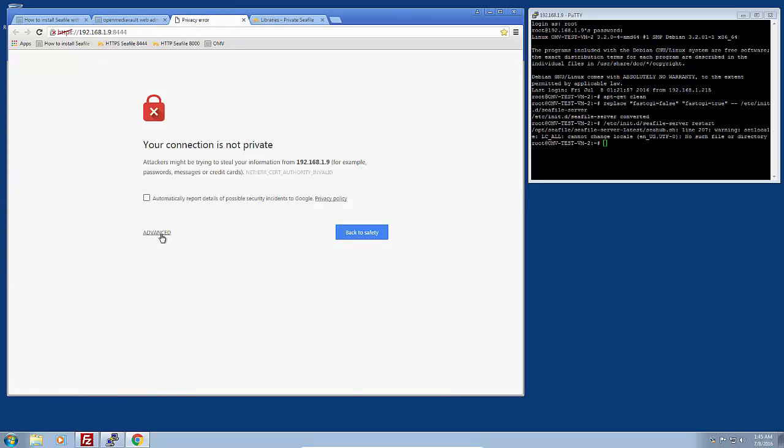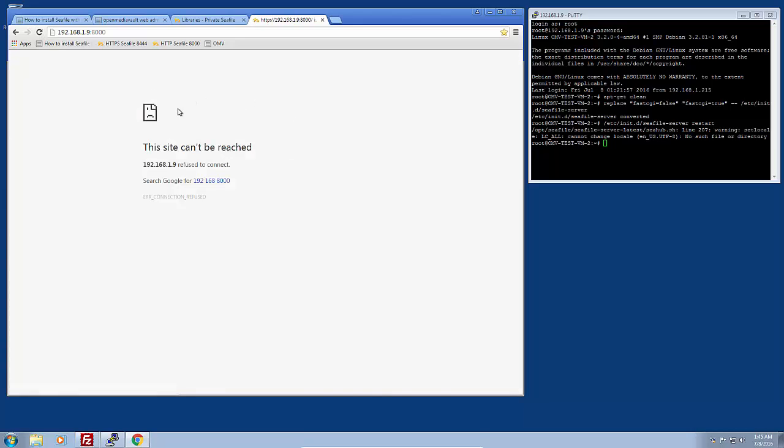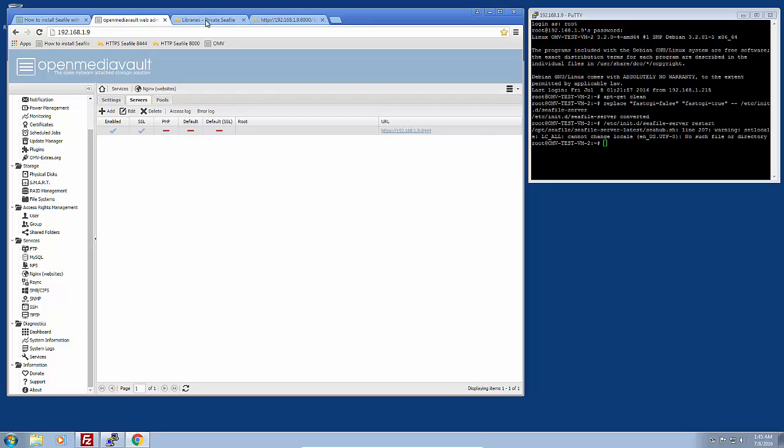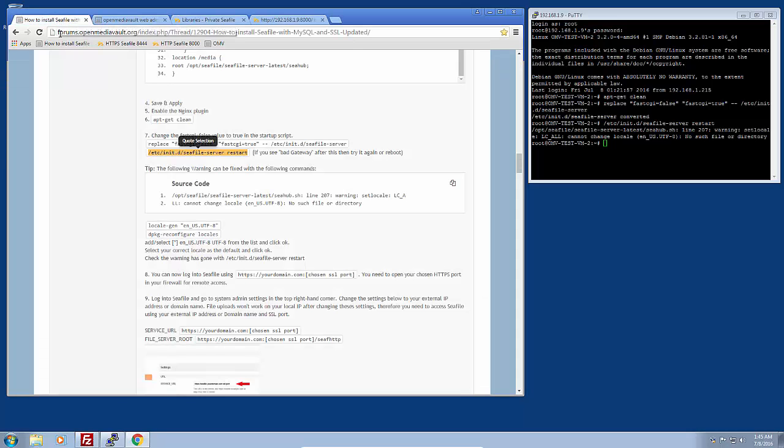Okay. And there we go. We have Seafile running on HTTPS on SSL. This one here now won't work. If we refresh it, it should have stopped working. It doesn't work anymore. Okay. You can go back to that by changing the value of fast CGI back to false if you want to. Now to fix the warning, this warning that we get,